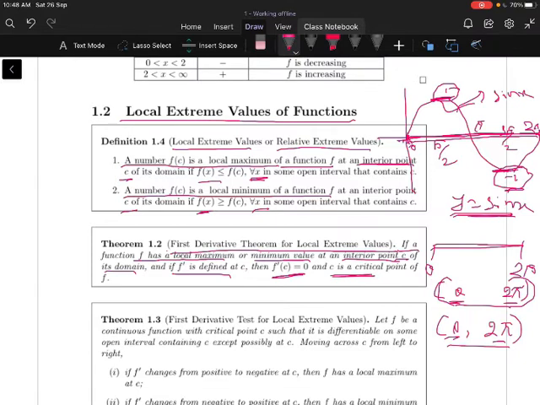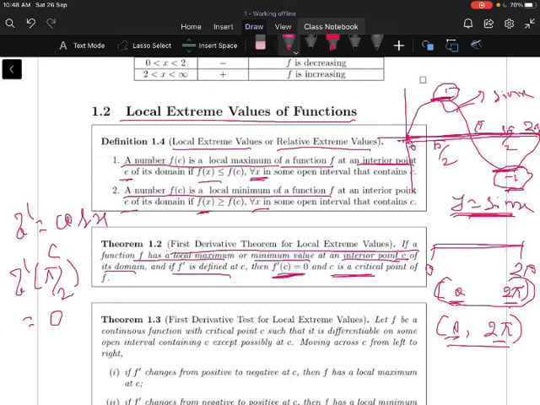For example, you can observe from the example y is equal to sin x that the function f of x is sin x, and f dash of x is equal to cos x, since the derivative of sin x is cos x. f dash of pi by 2 is nothing but cos of pi by 2, and cos of pi by 2 is 0. You can observe that the derivative must be 0. Therefore, c is equal to, in our case, pi by 2.